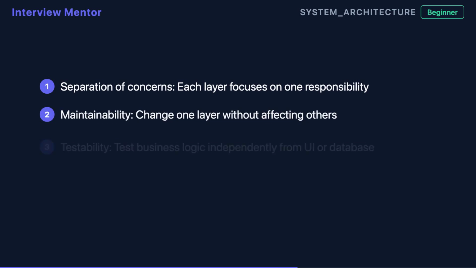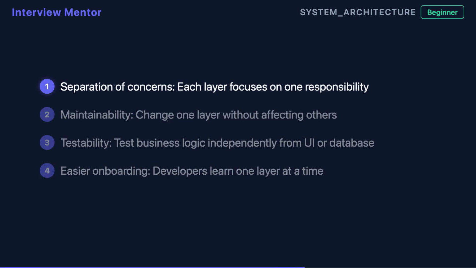Why does this matter? Layered architecture gives you separation of concerns, making each layer independently maintainable. You can swap out your database without touching UI code. It dramatically improves testability since you can test business logic without spinning up a database. And it makes onboarding new developers easier because they can understand one layer at a time instead of the entire